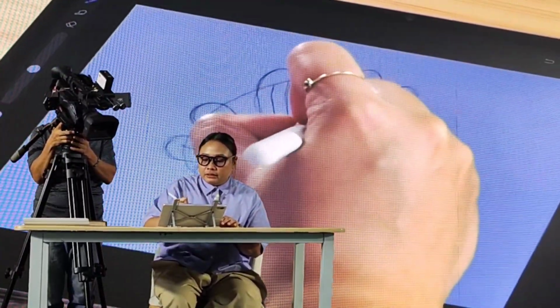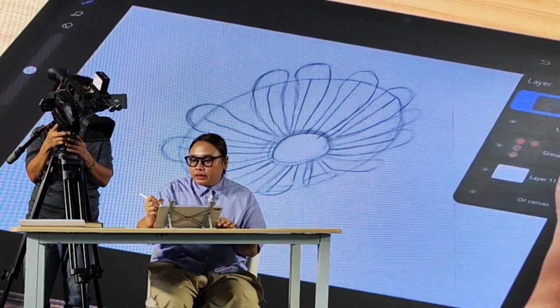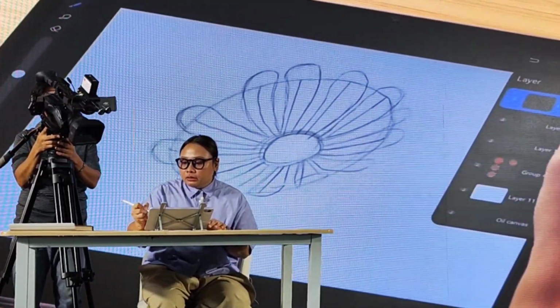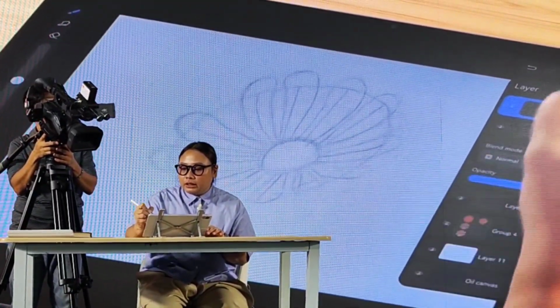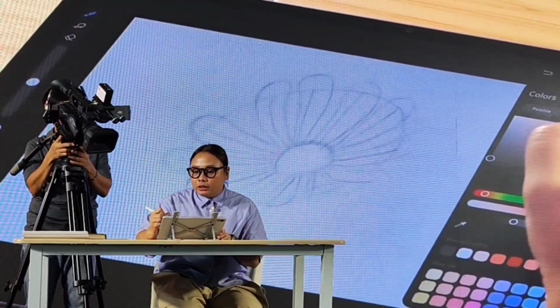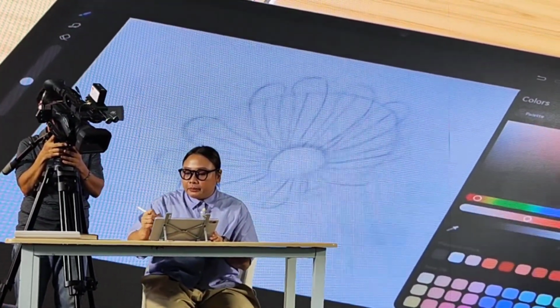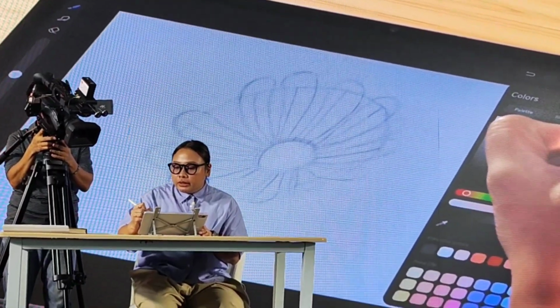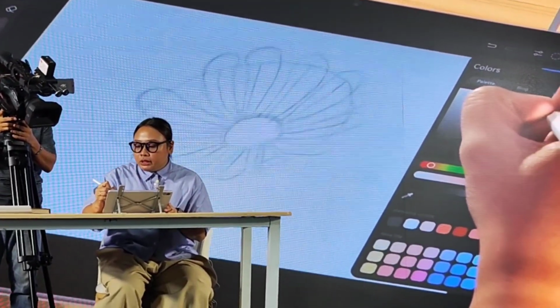And then I would like to create another layer. Reduce the opacity. The second layer will be the more refined version of the artwork. So for this, I choose the color orange.